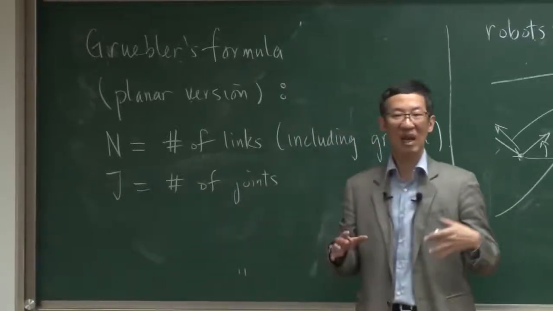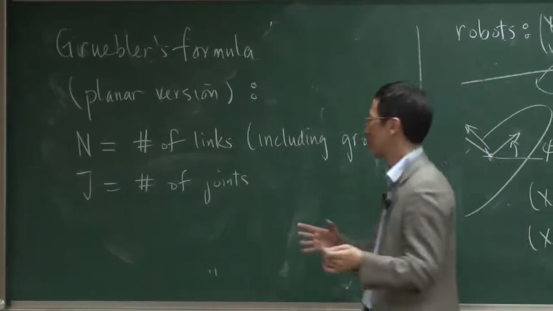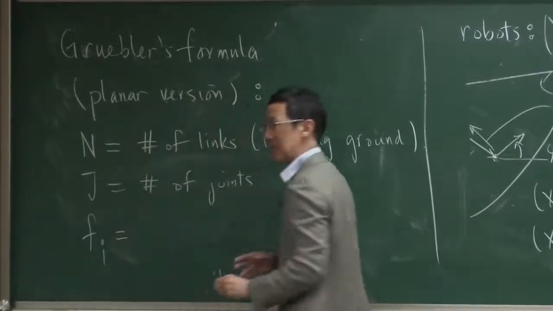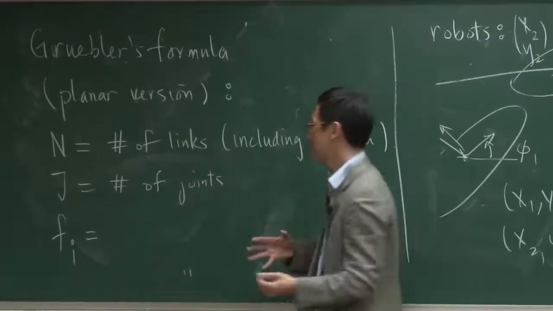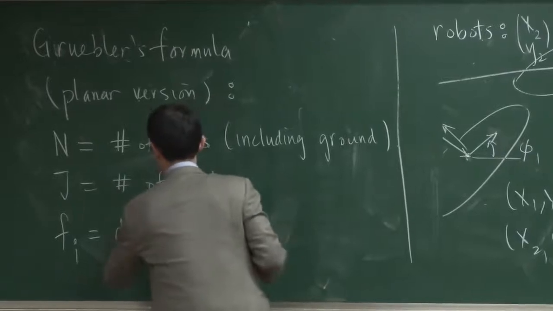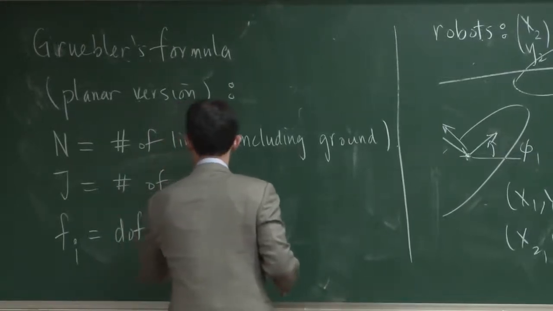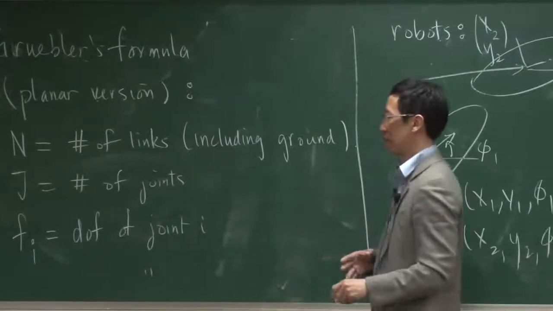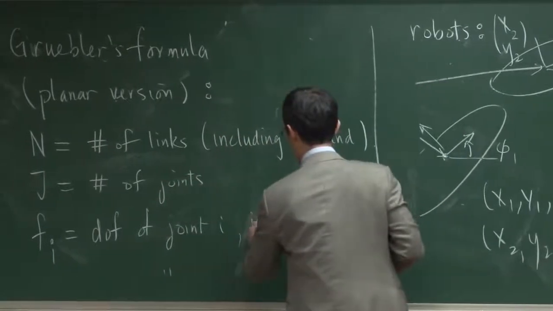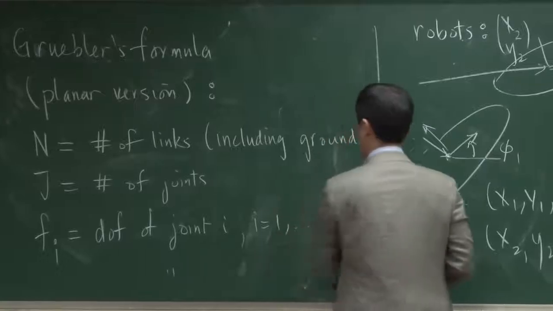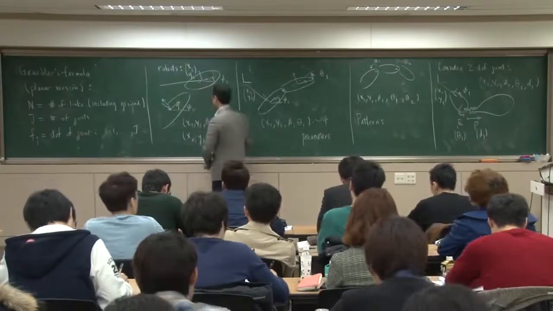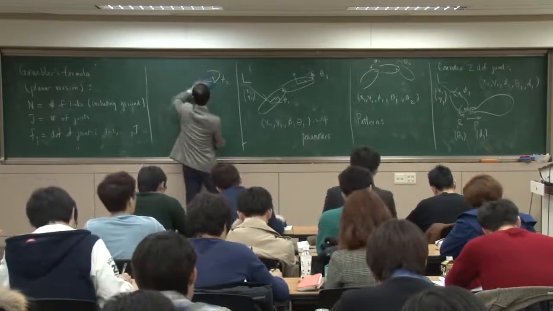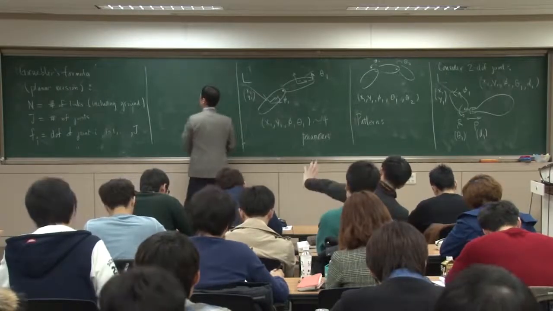Now we can have different types of joints. So let's say that f sub i is the degrees of freedom, DOF, of joint i. So we have i from 1 through j. All right, so the formula then is,